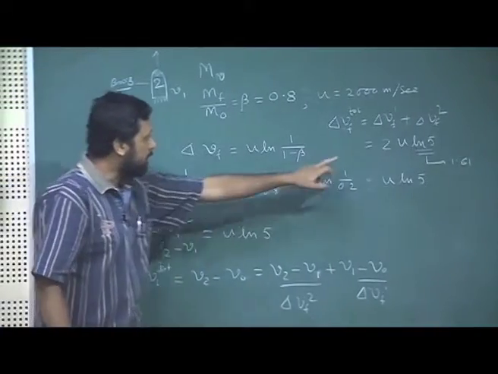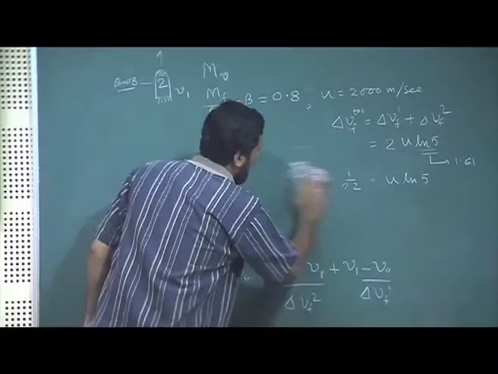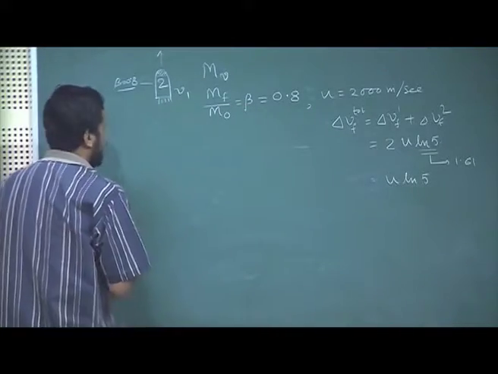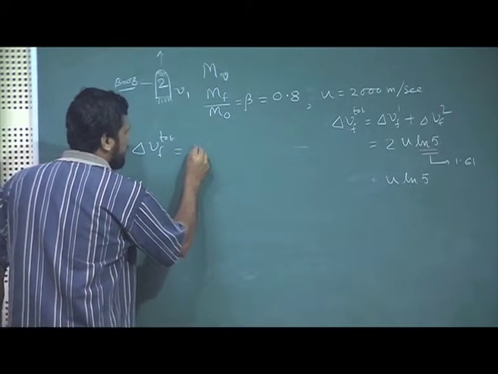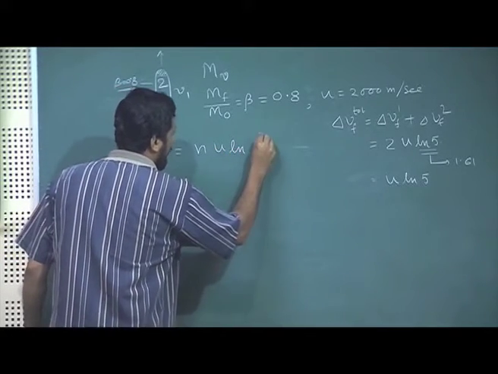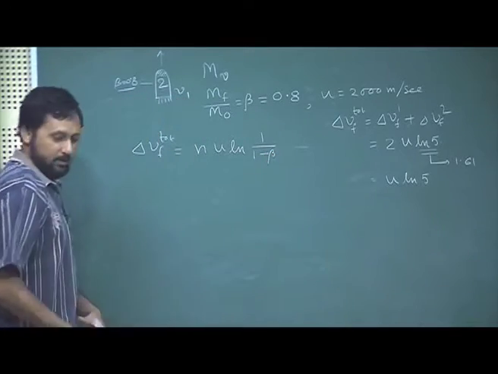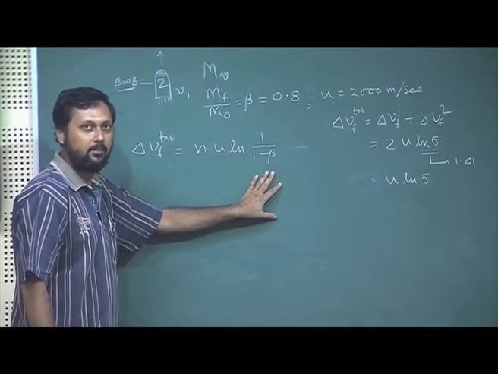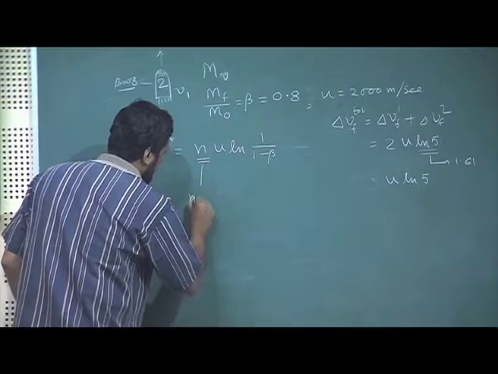What I am trying to tell you is, delta Vf total is n times u ln 1 by 1 minus beta in general. Here we put beta equal to 0.8 and got ln 5. Again, the numbers are not terribly important. N being the number of